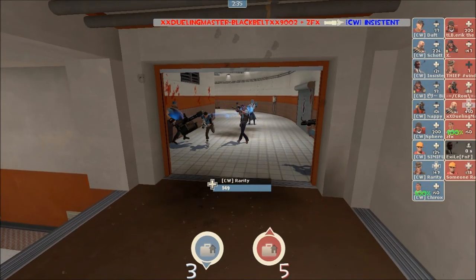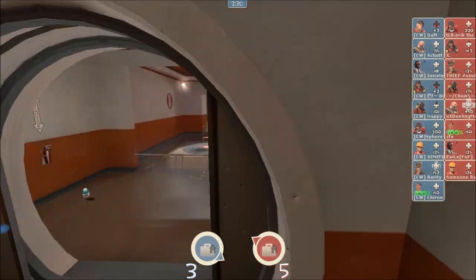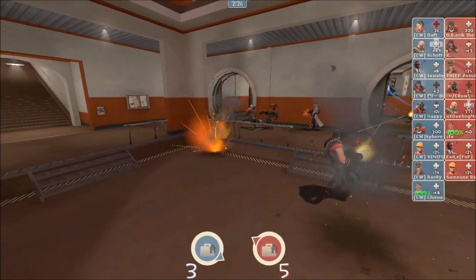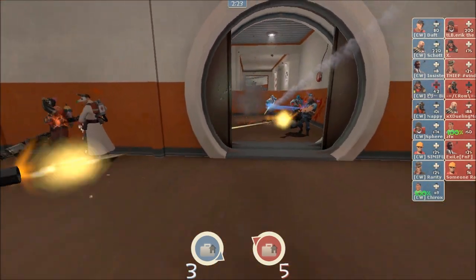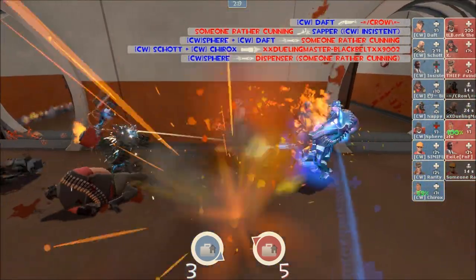But everybody's pretty much stuck at this choke point right now. They don't want to walk through because there's, at the very least, a heavy, potentially a sentry, a Pyro watching them. So there's a lot of spam that could come in. They have marched in now, and they are going to pop the Uber. What is happening to the medic? It looks like he's actually...